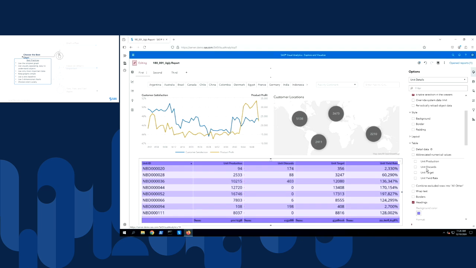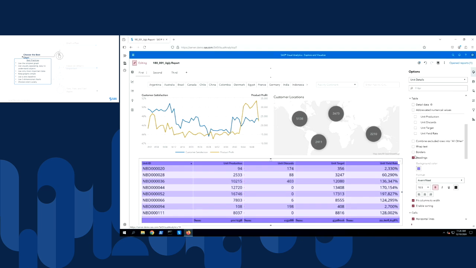All right, let's scroll down, and in the table group, notice that headings is also selected. That's this portion up here, and a purple color is displayed. I'm actually going to leave headings selected, but I'm going to choose a better color. I'm going to choose the automatic color. So that's white, and that looks pretty good.